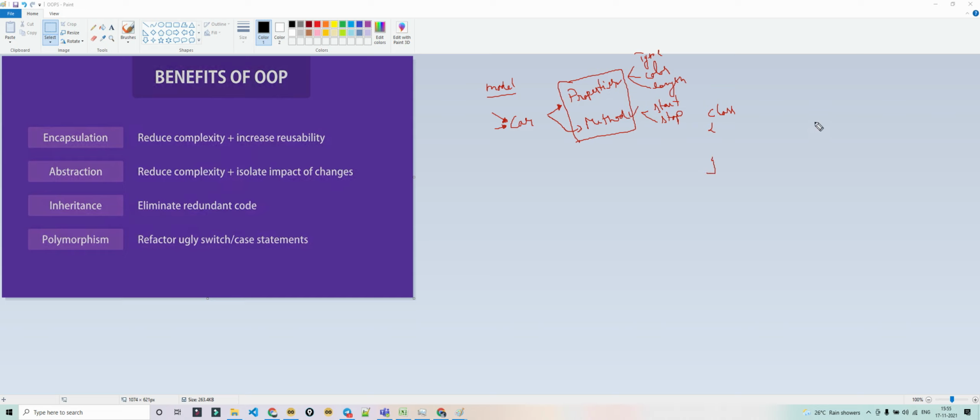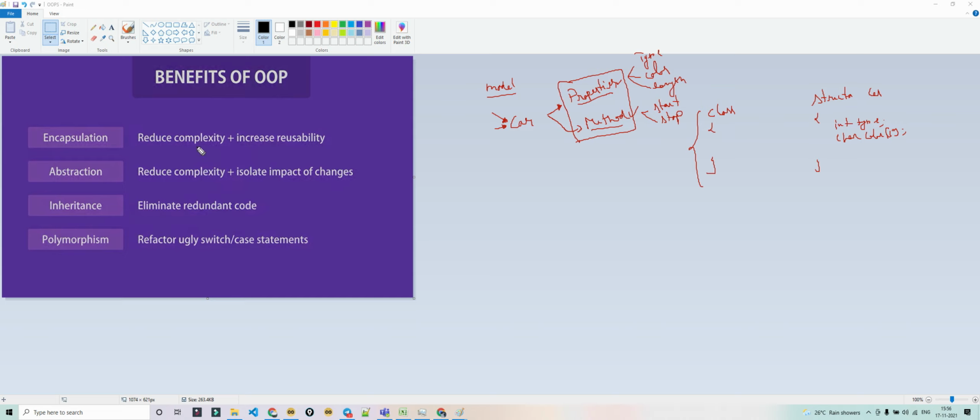In structural programming you use a structure, a struct car, and here we have only properties. You will have an int type, a character array for color, something like this. So in structural programming you can have only the properties, but in object-oriented programming you can have both properties and methods in one unit. This kind of putting both property and method in one capsule is called encapsulation.